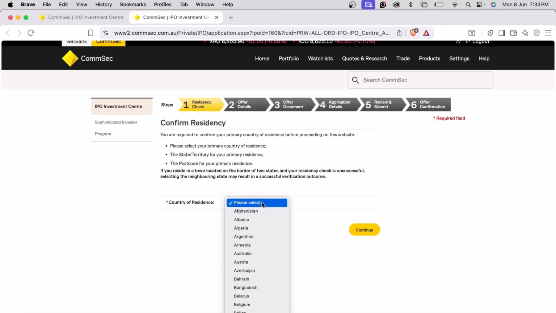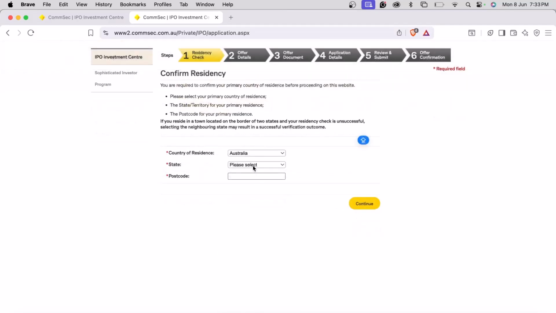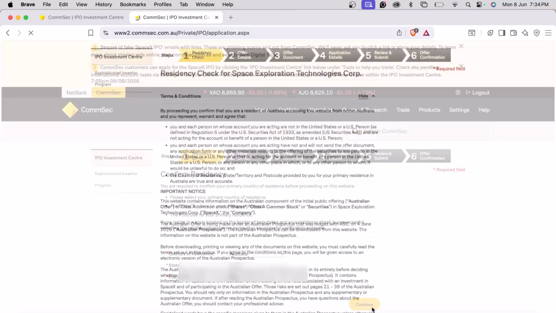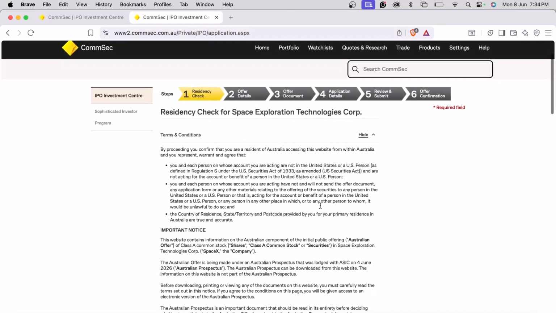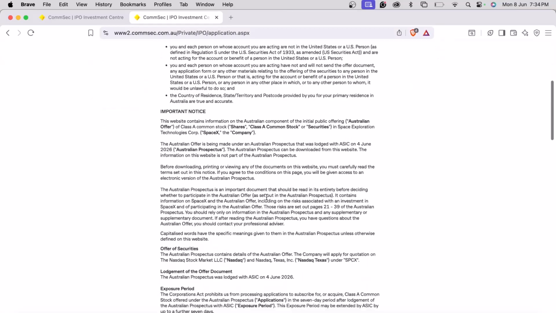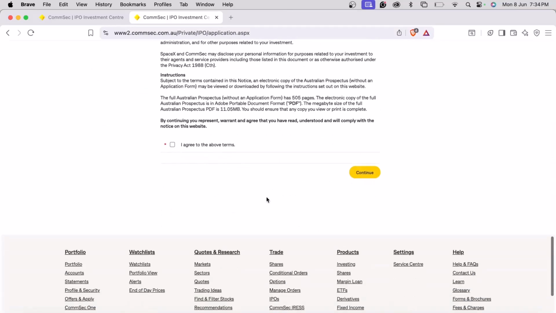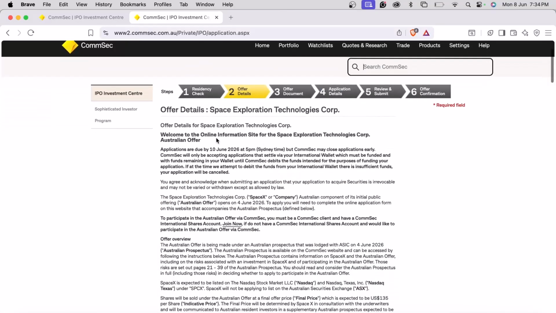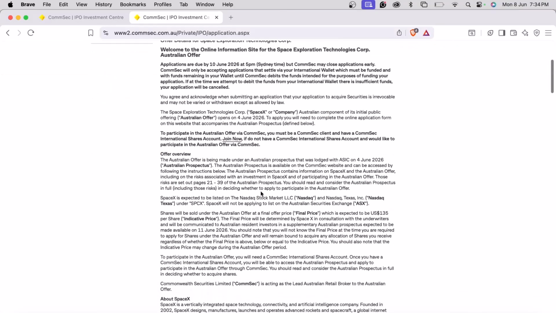So first of all, select your country of residence. Now simply select your state, your postcode, tap on the option continue. Now read all of the terms and conditions, and once you've done that, agree to it and then tap on the option continue. Now once you've done that, simply scroll all the way down,